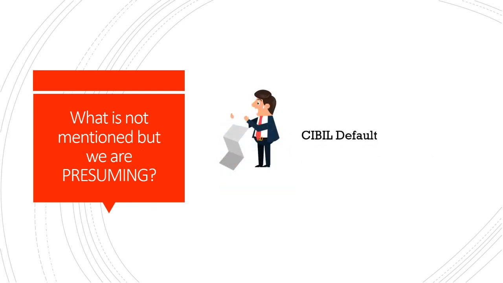Next thing is civil default. A person who has defaulted in your bank might have defaulted elsewhere. Interestingly, this elsewhere includes NBFCs as well. That is why RBI extended this umbrella of restructuring to NBFCs. Nowhere in their guideline has RBI specified that if the borrower is a defaulter in some other institution, his or her account cannot be restructured. I believe your bank has done the same in your board approved policy.